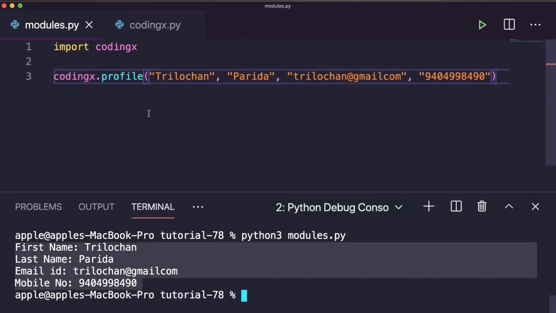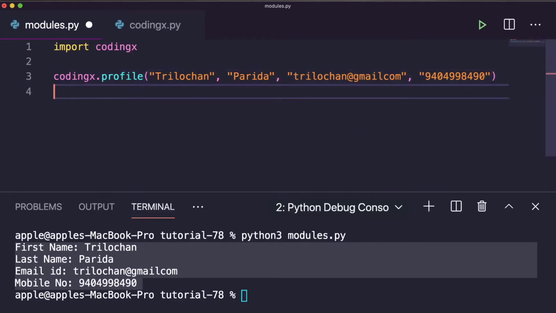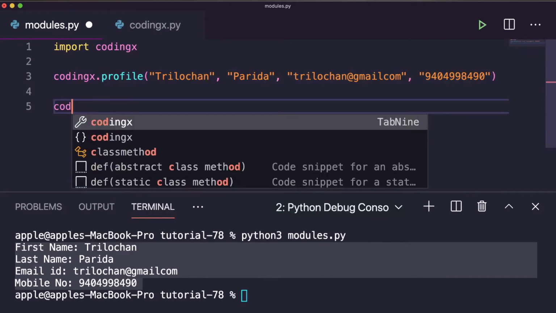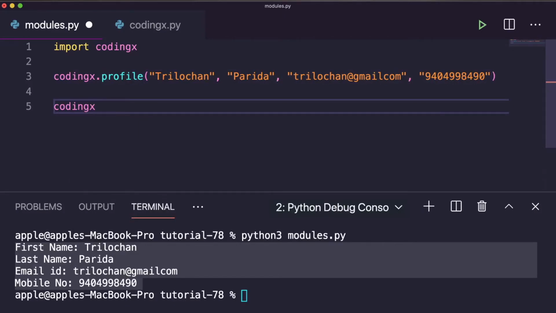Okay, so similarly we can import, here you imported the function. Similarly you can import the variable name. Let's execute codingx dot name. So you have to print it.